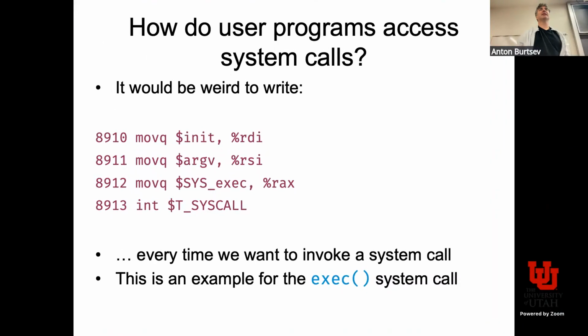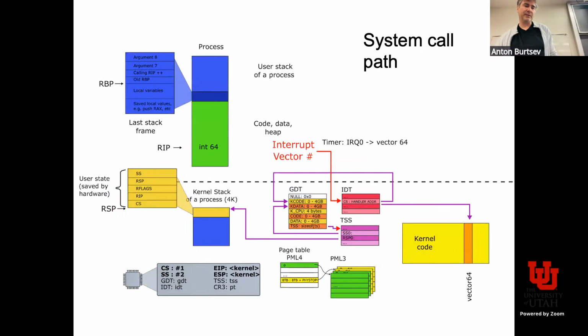So let's quickly recap where we are. Last week we were looking at how we implement system calls. We finished interrupts, and now we understand how the system gets into the kernel. Let me quickly remind you of this diagram: either you're preempted with an asynchronous interrupt like a timer, or your user code invokes